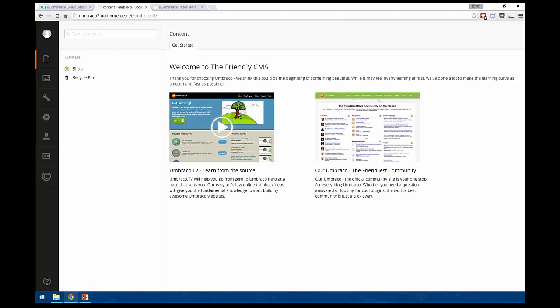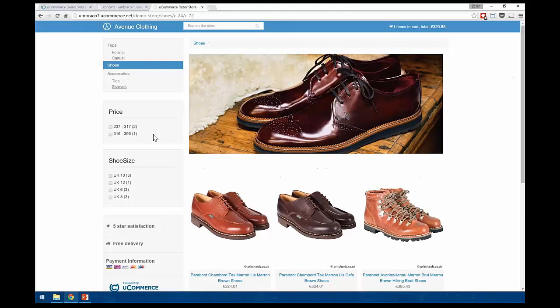If we start in the content section here, the nodes here that we're looking at are rolled out by Avenue Clothing. The idea is that content and commerce are separate. The two platforms will deal with different things. So when we're looking at the structure here, you'll see that the catalog isn't really that rich. You're not seeing the actual products I was navigating before. There are no shoes, there are no shirts.